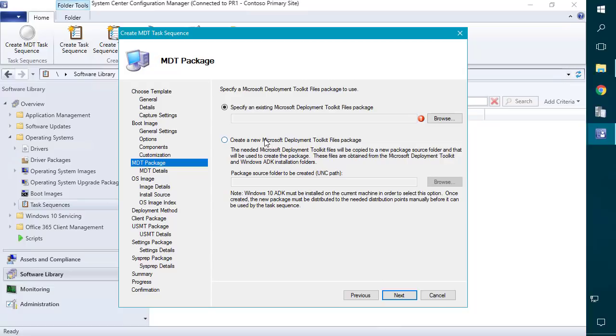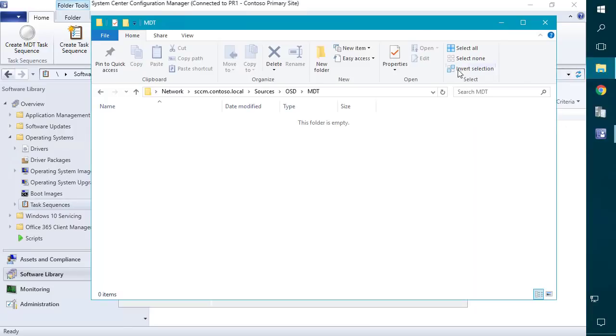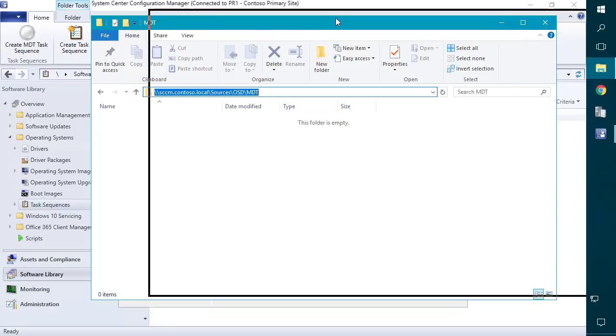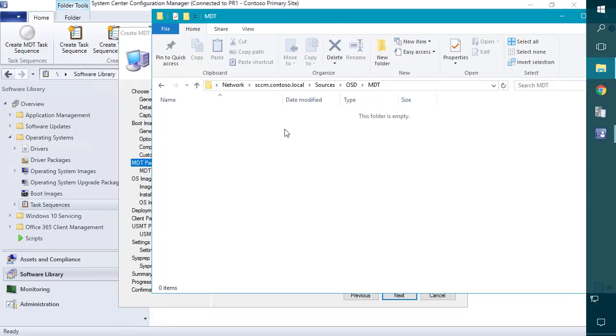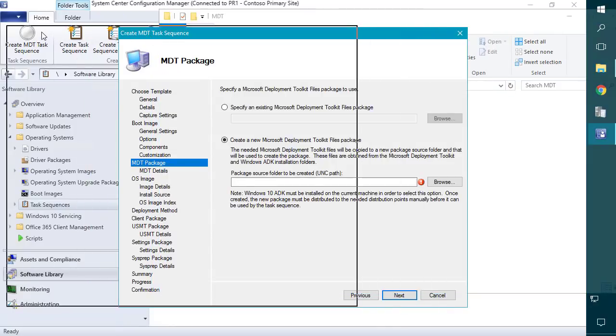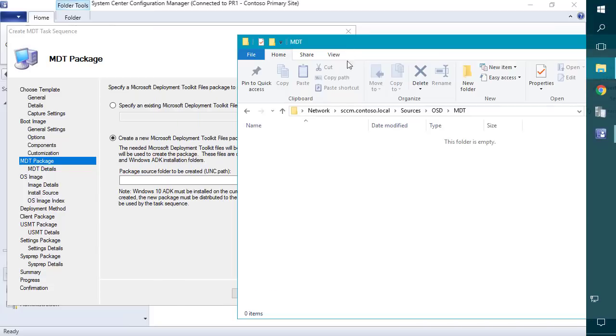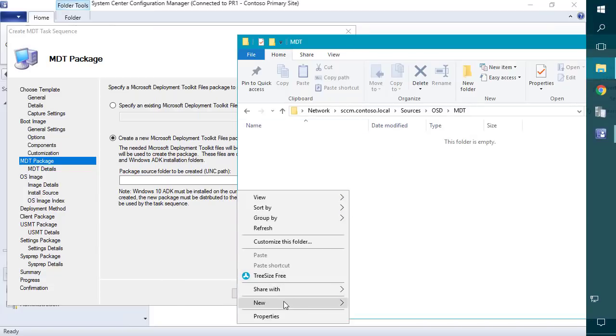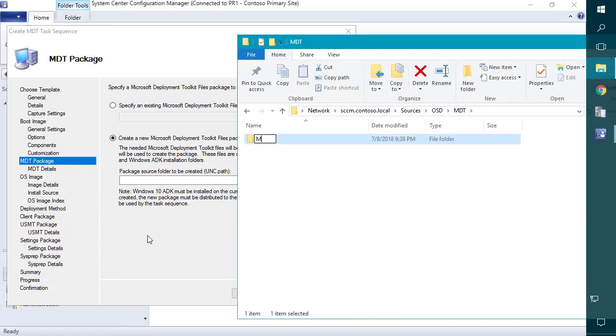Now, this is something that we're going to have to create here. So we need to create an MDT Toolkit package. I just have a UNC path where I keep my different package source files, and I've created a folder under OSD called MDT. So we're just going to create a new folder here called MDT